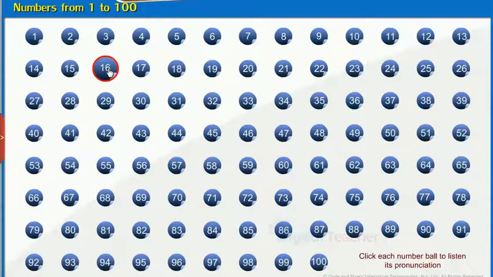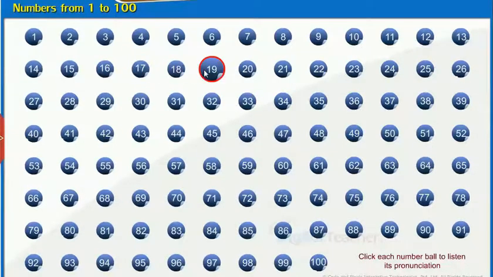16, 17, 18, 19, 20, 21, 22, 23, 24, 25, 26, 27, 28, 29, 30,